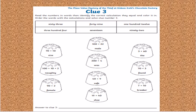Clue number 3. Read the numbers in words, then identify the correct calculation that they equal and color it in. Or just write it down on your paper. Order the words with the calculations and solve clue number 3. So you're looking for 63. You're going to look, find the one that matches 63, and write the word